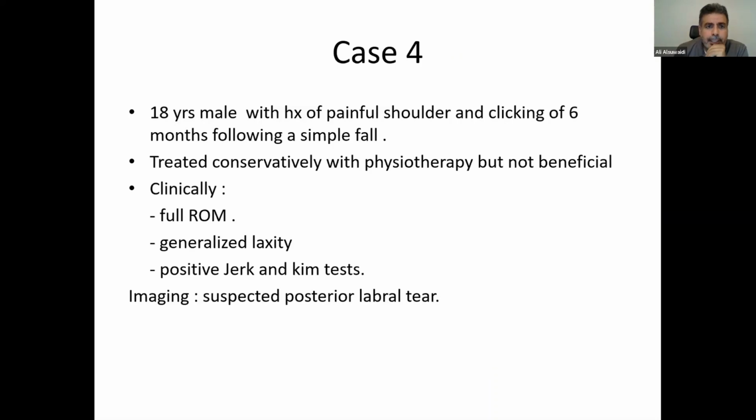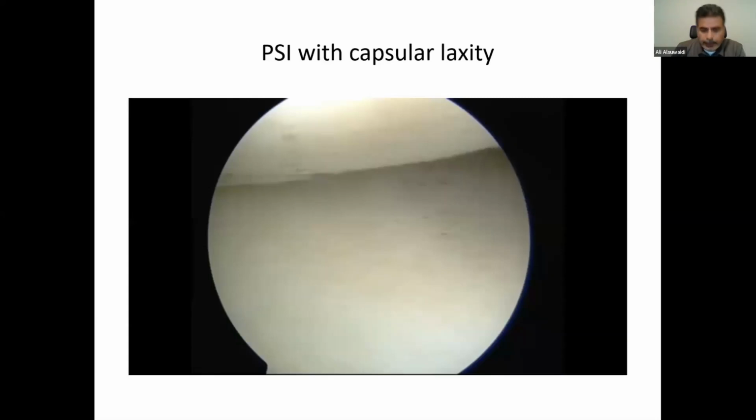And the last case I'm going to show you is an 18 year old, and this is an interesting case. I'll let you know why it's interesting at the end of the video. But he again failed. He's such a young boy. He was 17 when we started, and he had the positive jerk and chem test. The MRI suspected a small posterior labral tear, and